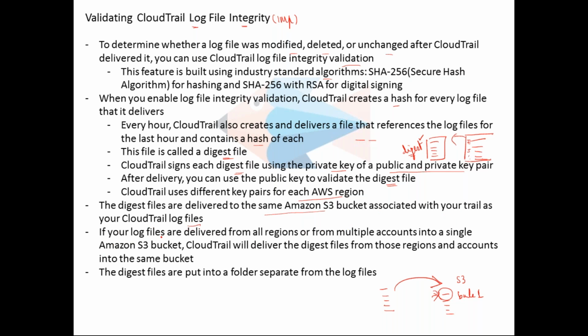If your log files are delivered from all regions or from multiple accounts into a single S3 bucket, CloudTrail will deliver the digest files from those regions and accounts into the same bucket.